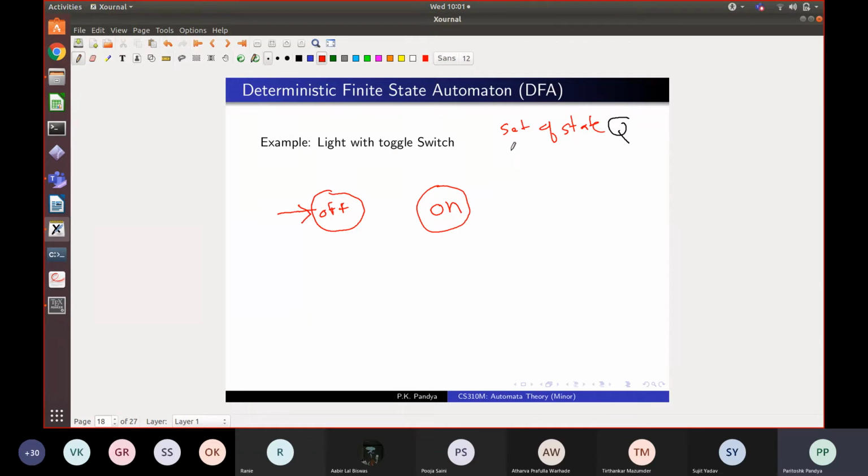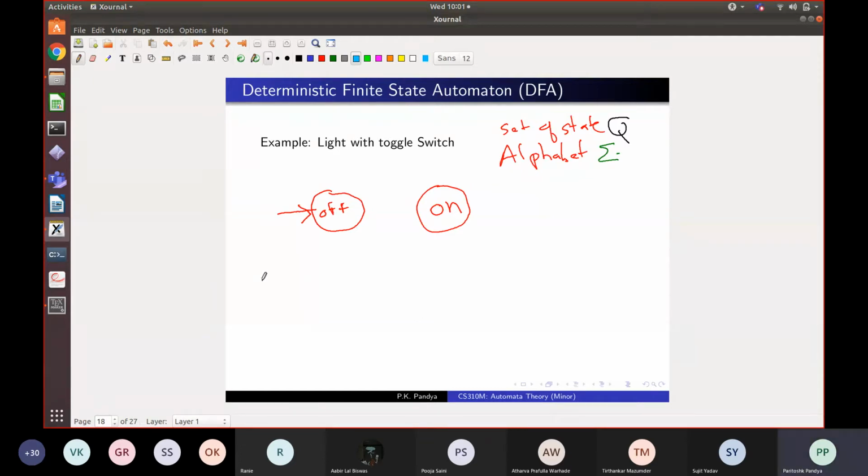Now, what are the kinds of events? Here we are trying to build a model of a kind of circuit describing the behavior of this light under a toggle switch. So what are the kinds of events which can occur? That is given by something called the alphabet, the set of possible events or letters which can occur in the system, and that is usually written by sigma. In our case, the alphabet consists of a single letter.